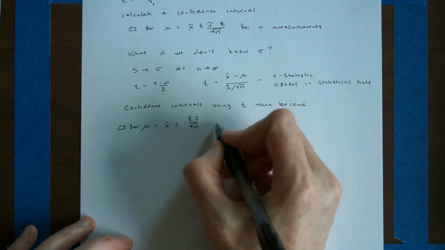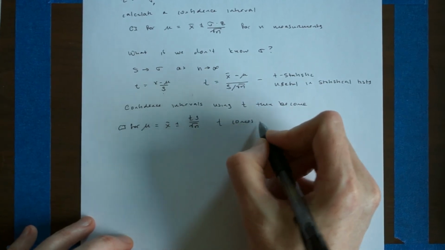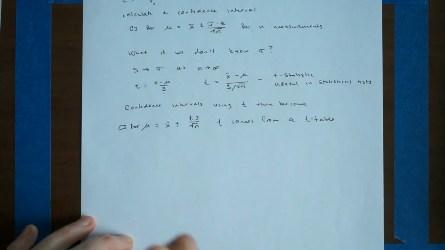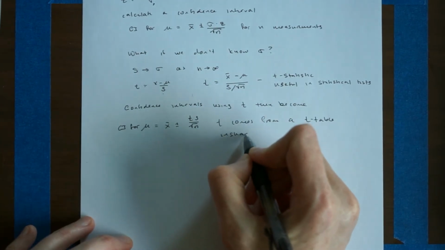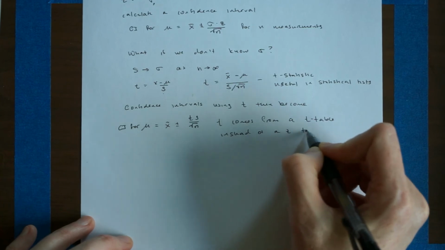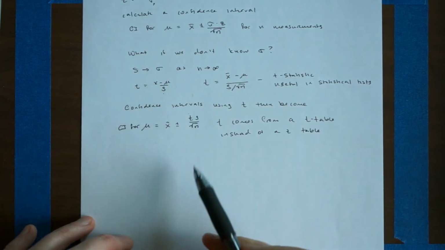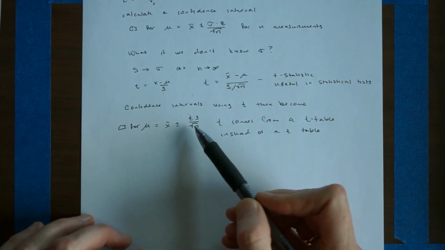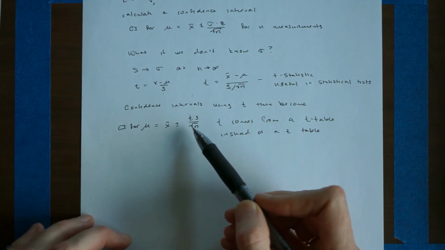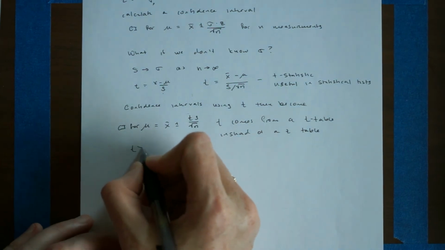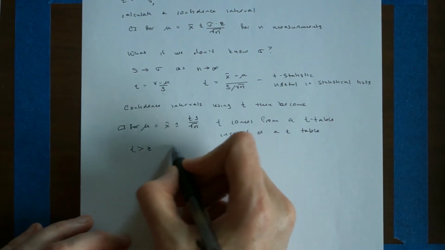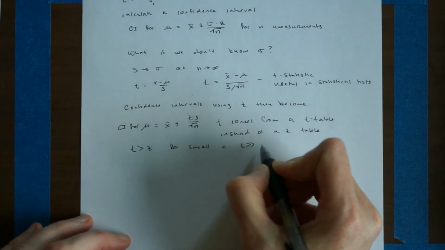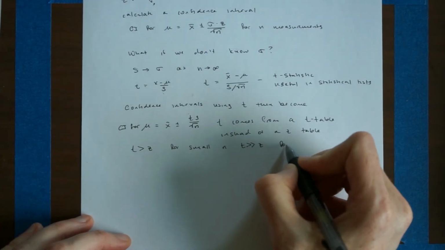The t value comes from a t table instead of a z table. And t, the factor by which you have to multiply your standard deviation to find the range that you're confident of, is larger than z. T is larger than z, and for small n, t is much, much larger than z. For larger n,